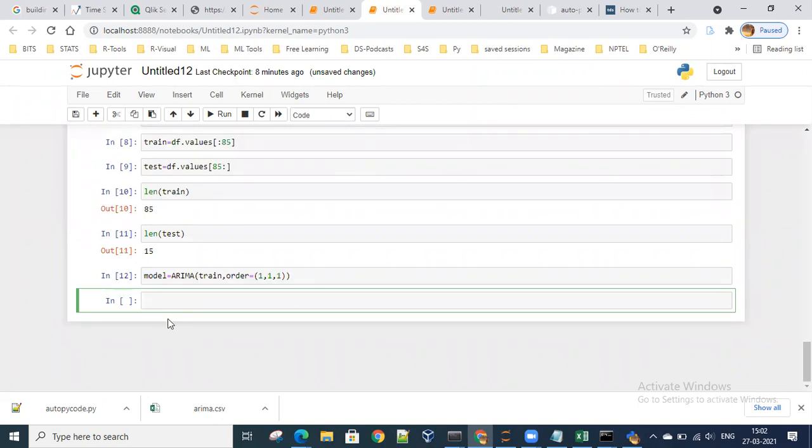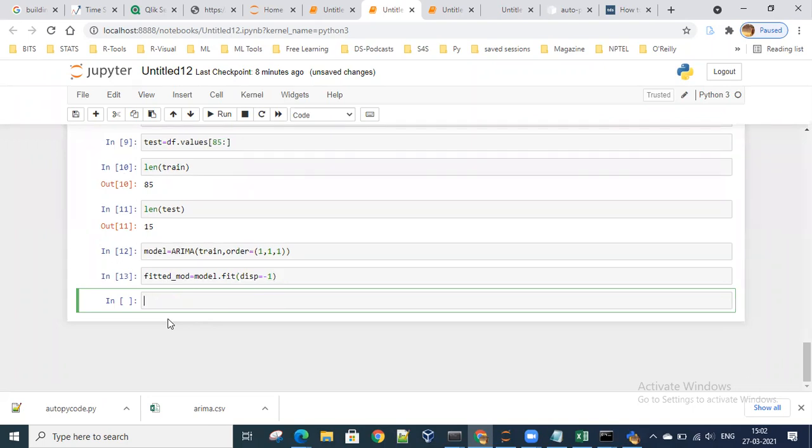Now I'll say fitted model is equal to model.fit, with disp equal to 0. This is used for the lag factor. Shift enter.